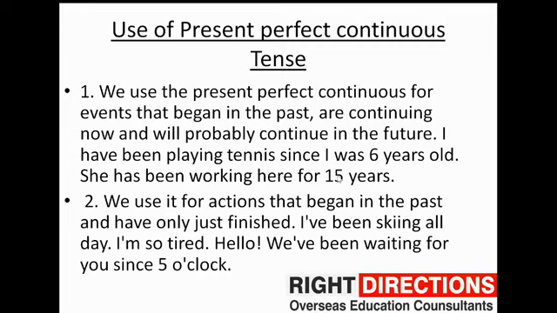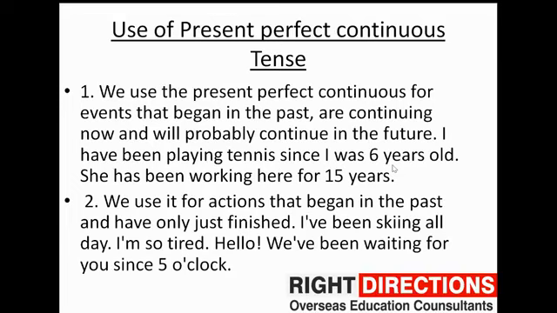Now where we can use the present perfect continuous tense in our daily speaking. Like we use the present perfect continuous tense for the events that begin in the past, they're continuing now and will probably continue in the future. What is the difference? Past में start हुआ, like my lecture has started in the past. ठीक है, right now it is in continuity and it will be in continuity for 15 minutes more. ठीक है, तो I can use present perfect continuous tense for the same. How? My lecture has been going on, and what I'll be using is for 15 minutes.